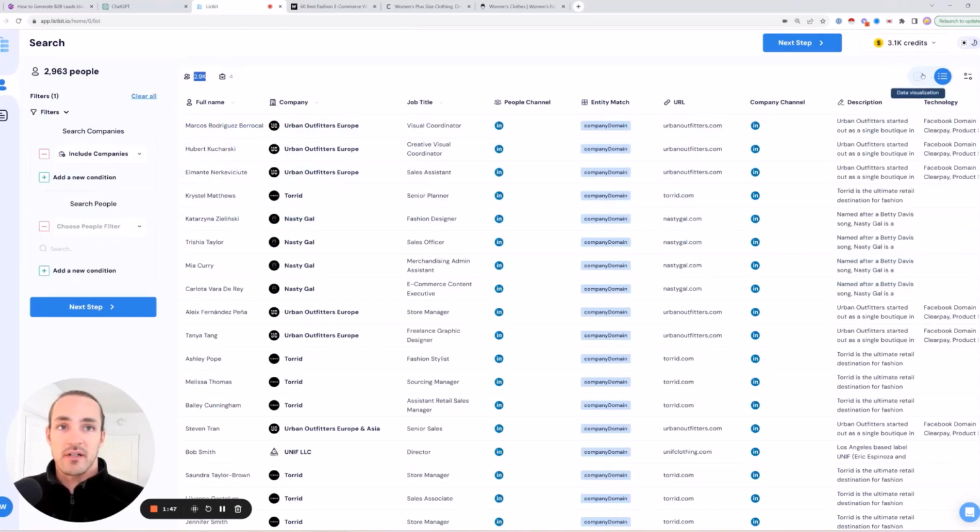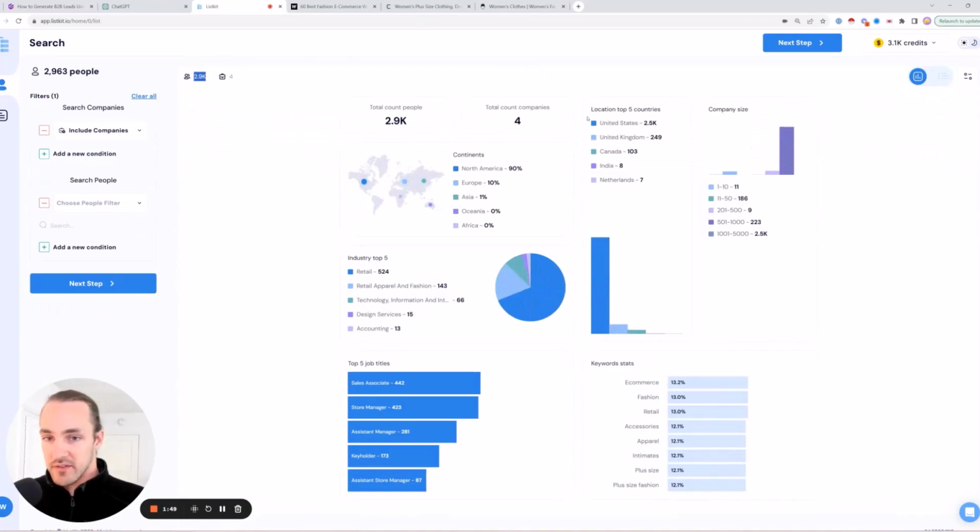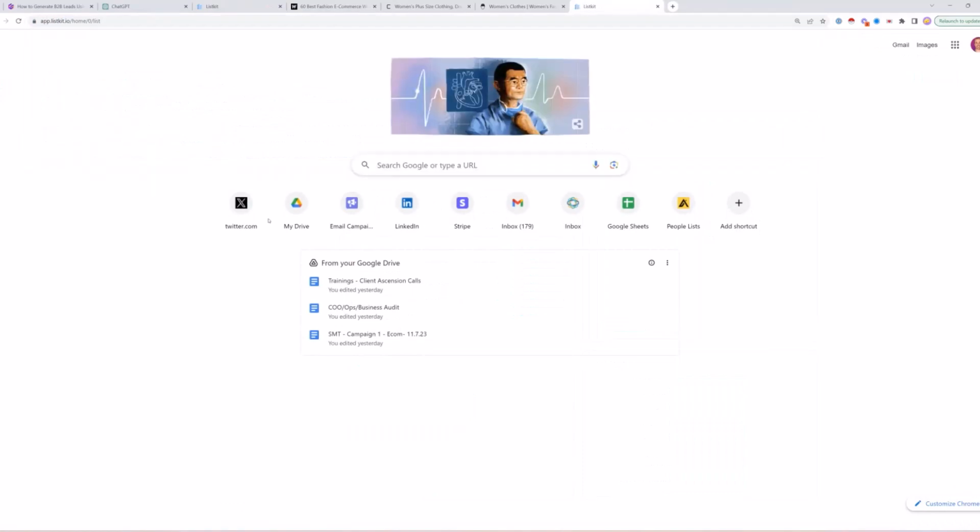What we want to do here is go to the data visualization, and this is going to give us some really good context. So, right, these are all the different regions. These are the main countries. These are the various company sizes, and then the different industries, the titles located at those businesses, and then different keywords, right? So we're seeing e-com, we're seeing fashion, we're seeing retail, and a high percentage of these types of businesses. So this is a really good thing for us. We're going to mine this data to create our own lead list. So now let's go back to another